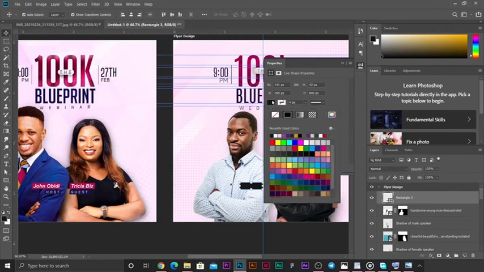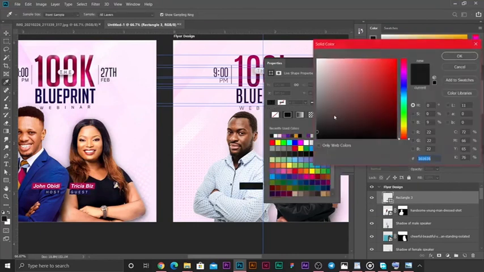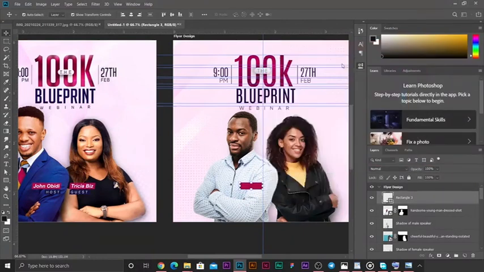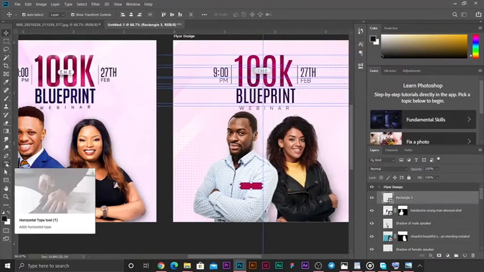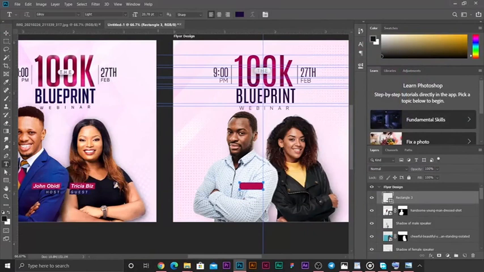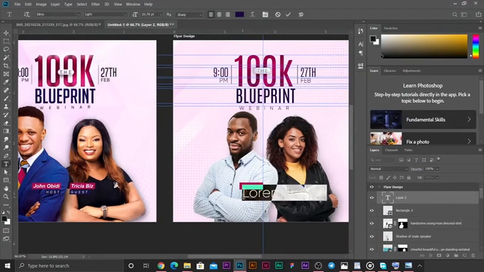So probably, let's choose the color first before typing anything. So I have to click there and go over here to sample the color here, so that it will be the same thing. So now the color has been sampled. I'll go over to my type tool. I can't just start typing now. I just have to come here first and choose a new layer, so that whatever I type will be on a new layer. So I'll now type